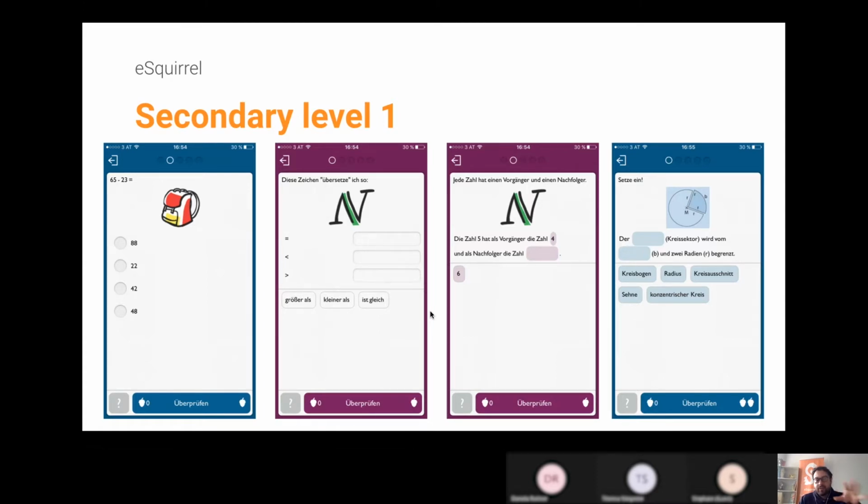It says, okay, every natural number has a successor and a predecessor. The predecessor of the number 5 is 4, and the successor of this number is then 6, for example. And you have 2 gaps to fill in, 2 gaps, and you need to fill them out. It's the same question type as for primary level, but used in a more